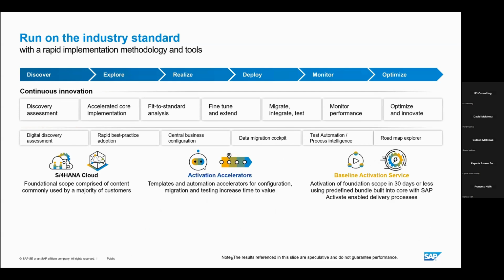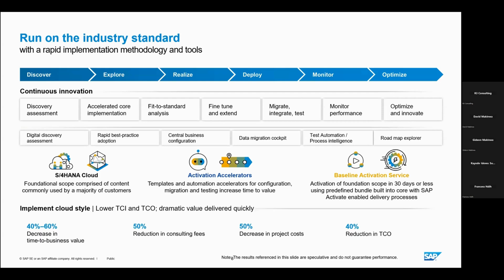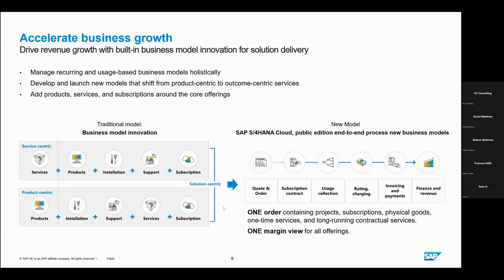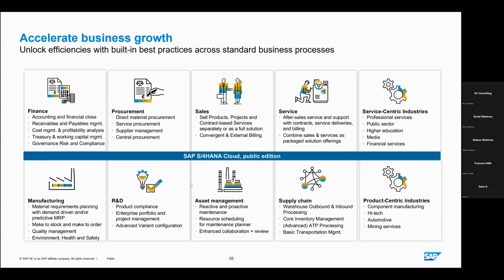Then what are the business areas that are covered here? Here we are looking at finance, procurement, sales, services, service-centric trees. We have manufacturing, research, assets management. Now, for today, our focus is on the area of finance, procurement, and assets management. We're going to apply it basically because we are focusing on the maintenance requirements of airlines and services, right? So we're talking more on that.